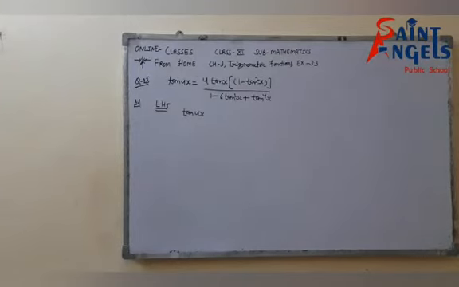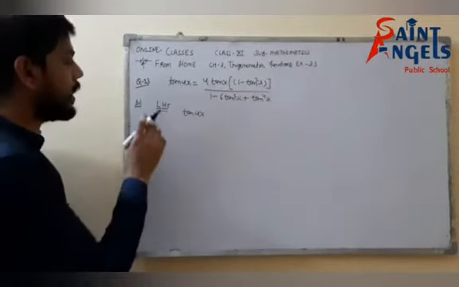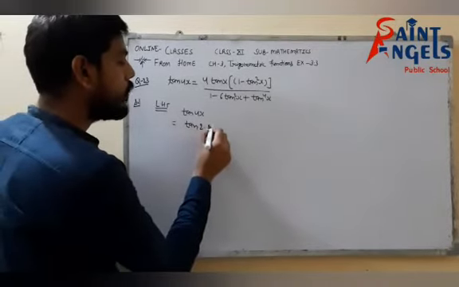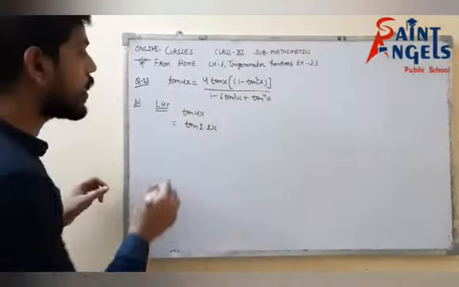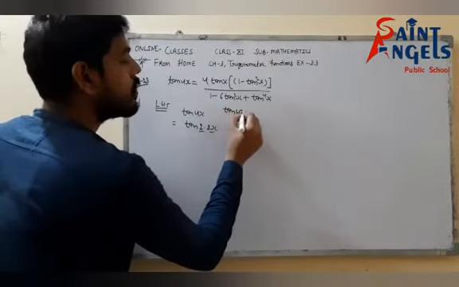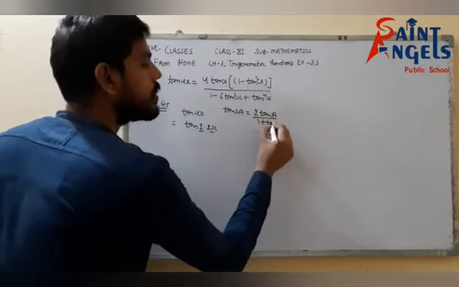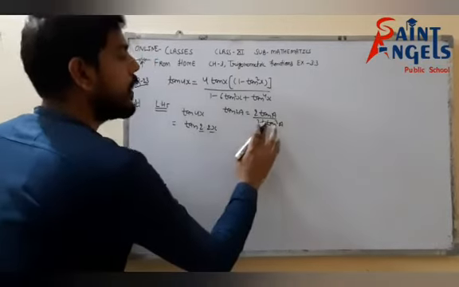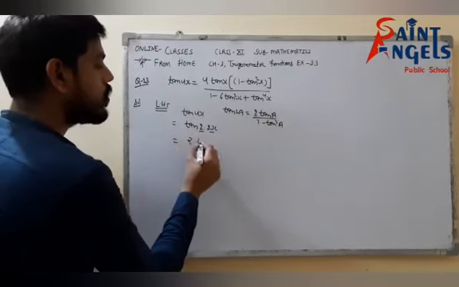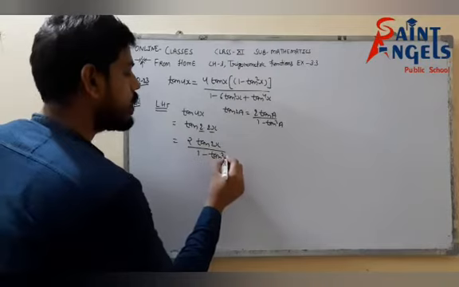Students, now we look at question number 23, where we have to prove that tan 4x equals a certain expression. So I am taking LHS tan 4x. But here I can write tan 4x as tan 2 into 2x. And why would I have done it? Because now I have made the form of tan 2a. And the formula of tan 2a was 2 tan a upon 1 plus tan square a. Sorry, 1 minus tan square a. So now let's put the value. So that would be 2 tan 2x upon 1 minus tan square 2x.